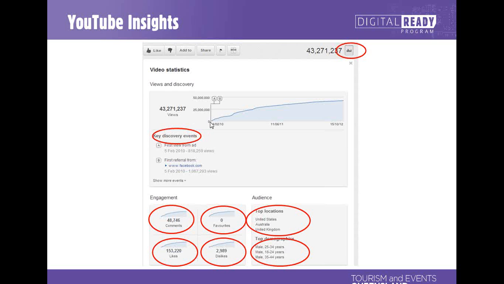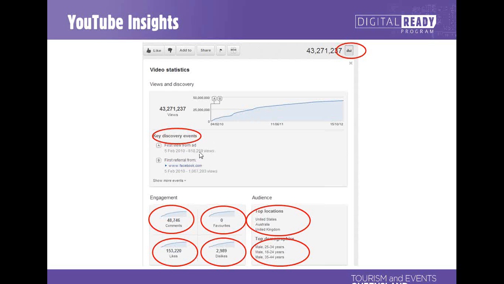And it can tell you, firstly, the views from the video since it was published, that the views have gone up. This is cumulative, so I don't think it ever goes down, but you can at least see the rate at which it's going up, and if it's like this, and it's a really important video, you might want to drive a bit more traffic, and if it's like this, you can go and have a party. So yeah, it can give you an idea of visitation.